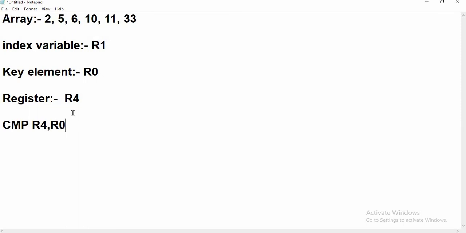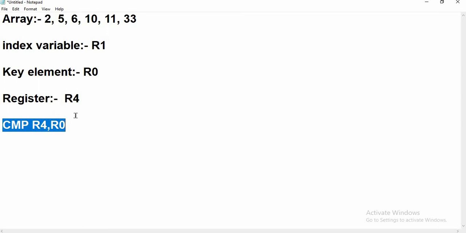Now what we are going to do is, our key element, the element which is to be searched, is in R0. We go on taking the elements of the array one by one in R4 and we keep on comparing that with R0.